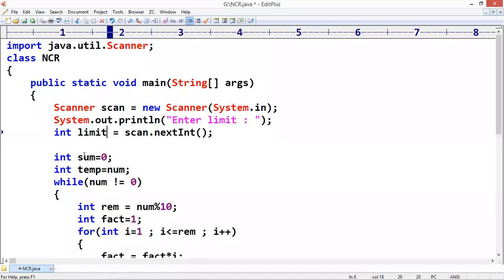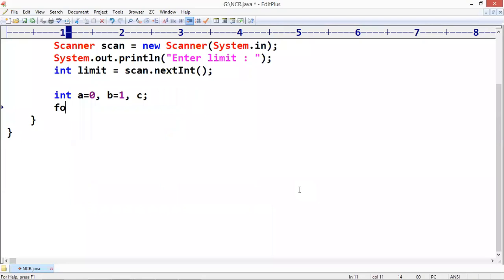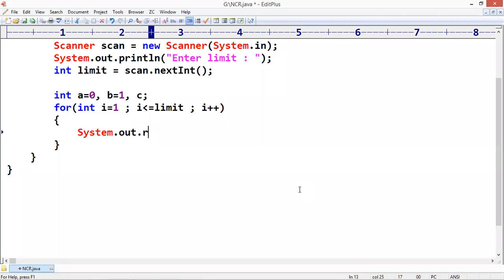And take two variables, int A equals 0 and B equals 1, comma C. We are repeating the loop for I equals 1 to limit. Limit times we are repeating. Every time we are printing the A value. Sir, I want to give just a tab space only. You can give tab space, backslash t.